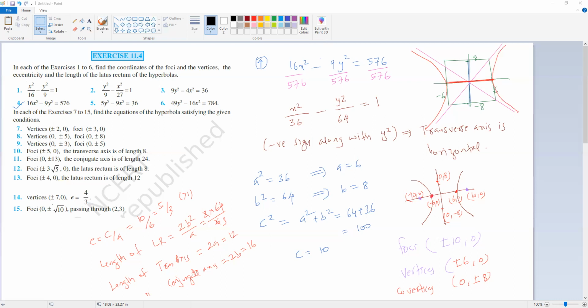Did you see? That blue one is the conjugate axis. So that is the real meaning of transverse axis and conjugate axis. Graphing of a hyperbola is not part of your syllabus, but it is very easy. How to graph is very simple. Just mark the points a and b, complete the rectangle, then draw the diagonal and